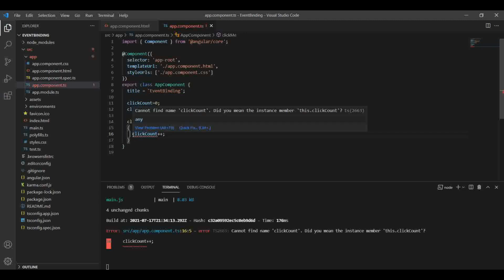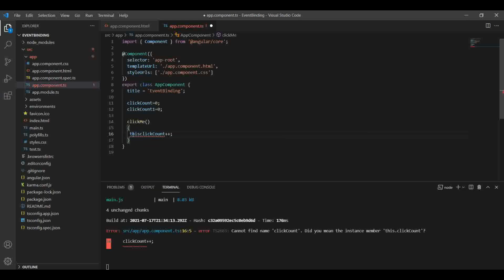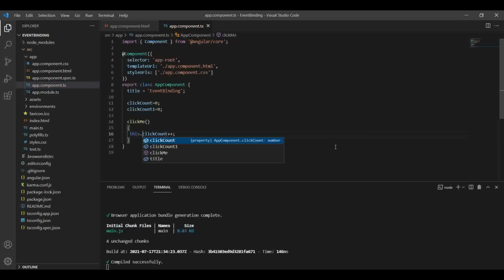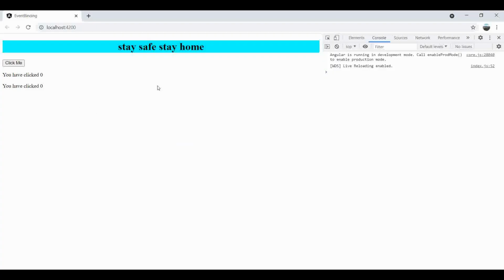Oh, sorry. I should use the this keyword with our variable. Then this error will be removed. Yes, it's removed. Now let's try to execute this code.